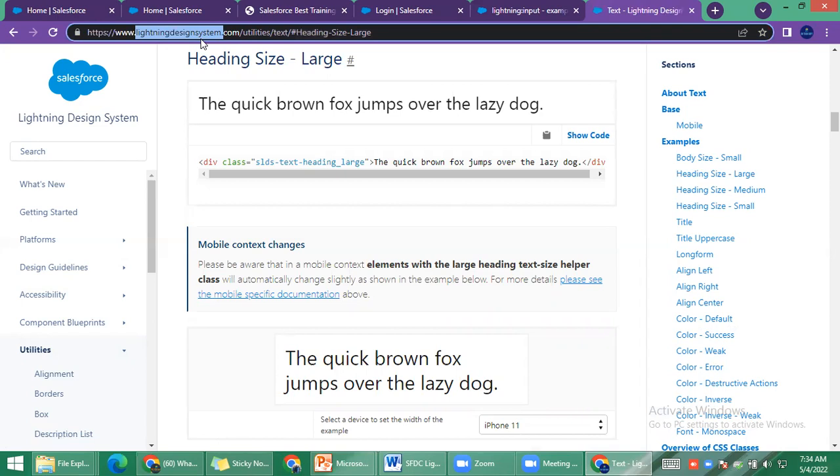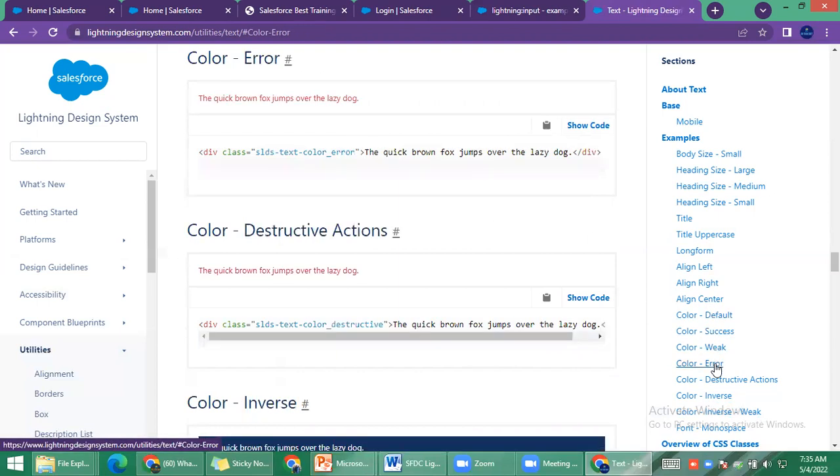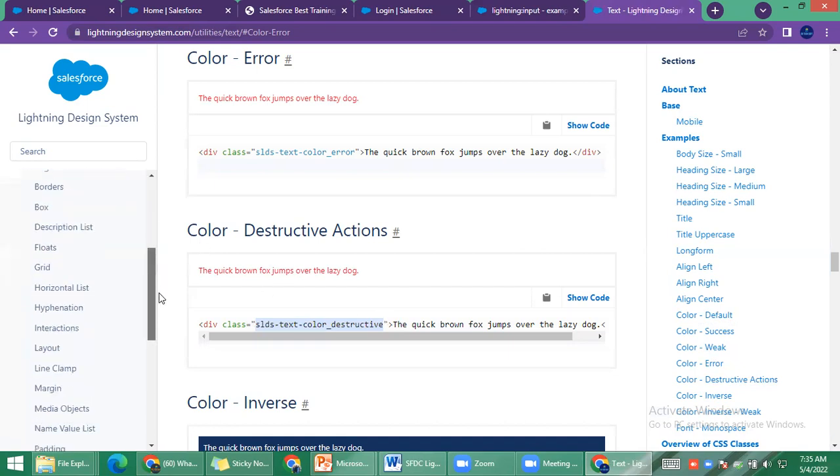Automatically, styles will apply. For example, I want to get text in success color, means green color. No need to put font color green like that. You have to use div class equal to the particular success class name. Automatically, all text gets displayed in green color. For example, if you have any error message you want to display, no need to keep font color red. You have to use the SLDS color class name. Automatically, styles are applicable in your component. Understood? By default, it provides a lot of CSS classes